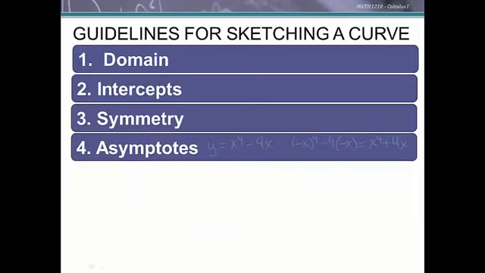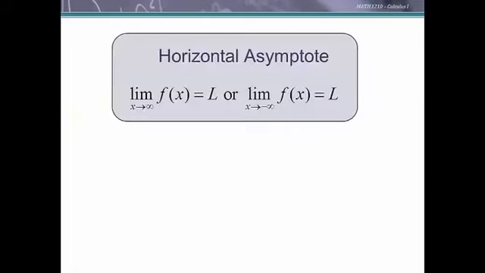Now let's look for asymptotes. We had ways of doing that in college algebra, but now that we know calculus and limits, we are going to officially be able to define asymptotes in terms of limits. So we know a horizontal asymptote was a line that the graph headed towards as we went out on the ends. So official definition, the limit as x approaches infinity of f of x equals L,